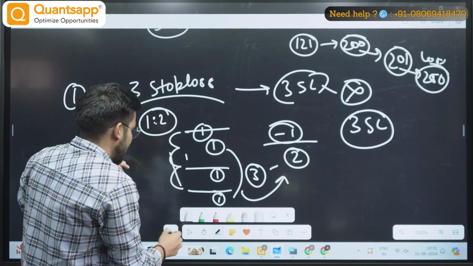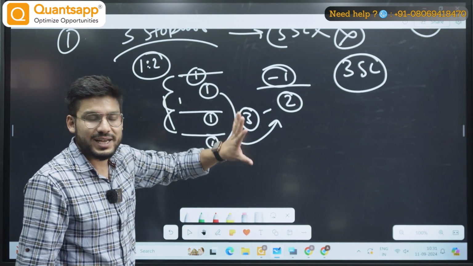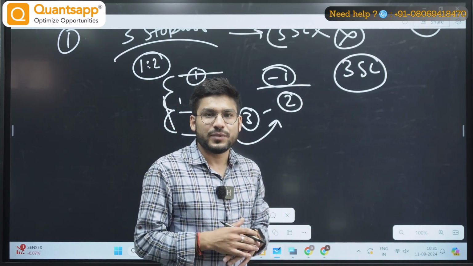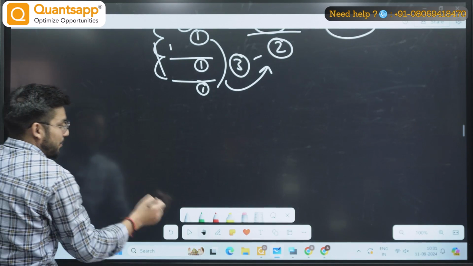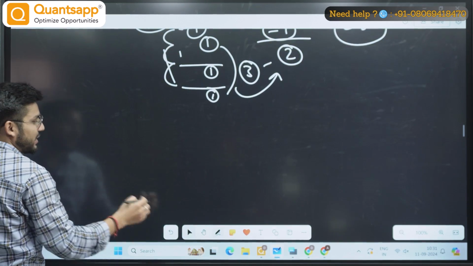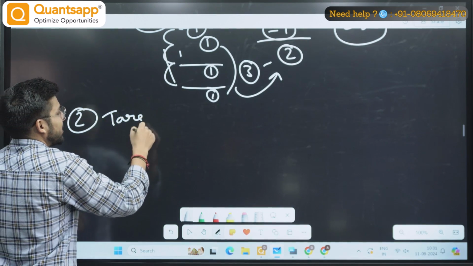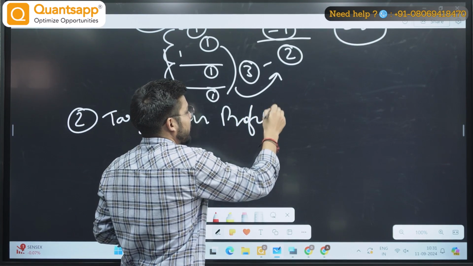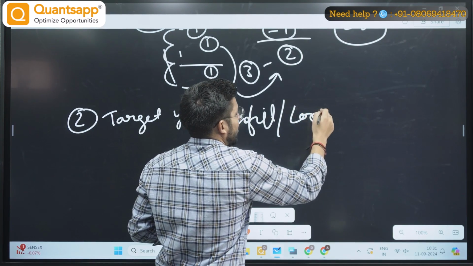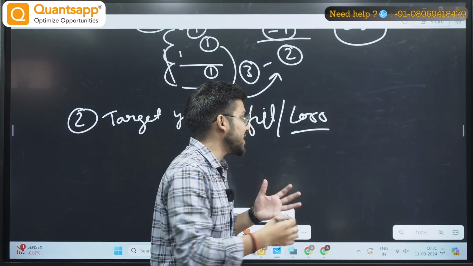So you don't have to overtrade. Make this a strategy: just 3 stop losses a day, and after that no trading, right? Then the second thing, make your definite loss and target for the day, your profit target and your loss limit. Whether you are doing intraday or positional trade, just set your target and stop loss